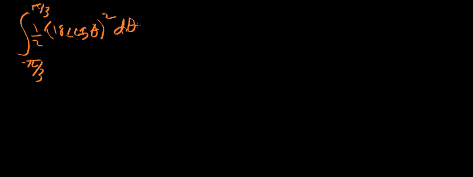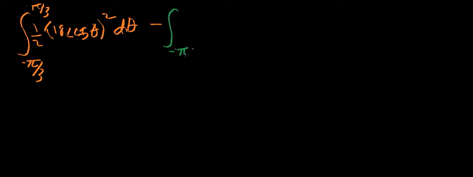We have the integral from negative pi over 3 to pi over 3 of 1/2 times 18 cosine theta squared d theta, minus our area formula for the cardioid, which is the integral from negative pi over 3